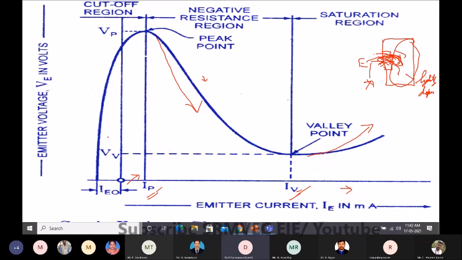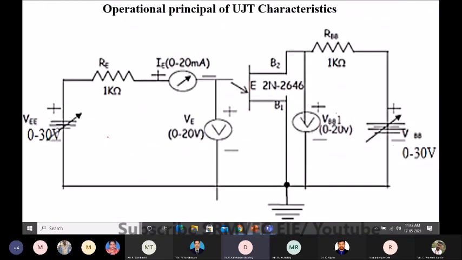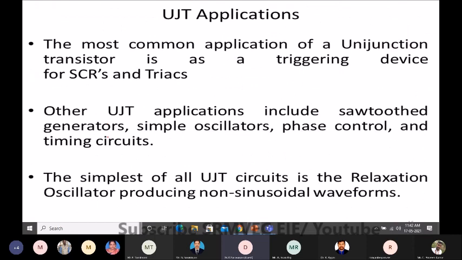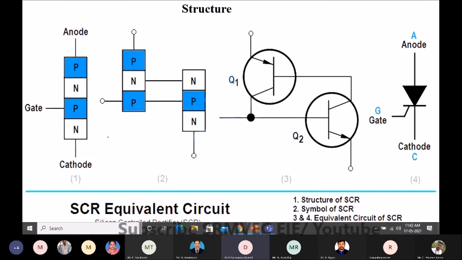Usually a normal example for UJT application is a relaxation oscillator, which is based upon a resistor and capacitor, which play the timing. Okay, right. So we have the characteristics. Usually this is used for triggering silicon controlled rectifiers and triacs, and other UJT applications include generation of signals, particularly sawtooth generation and other oscillations, and phase control. And normally it is called a relaxation oscillator. That is an example of where UJT will be used.